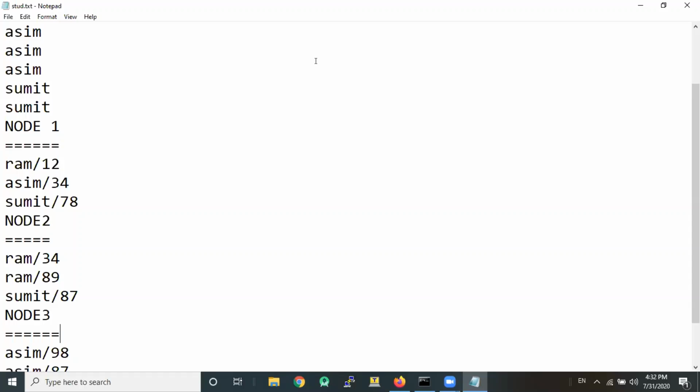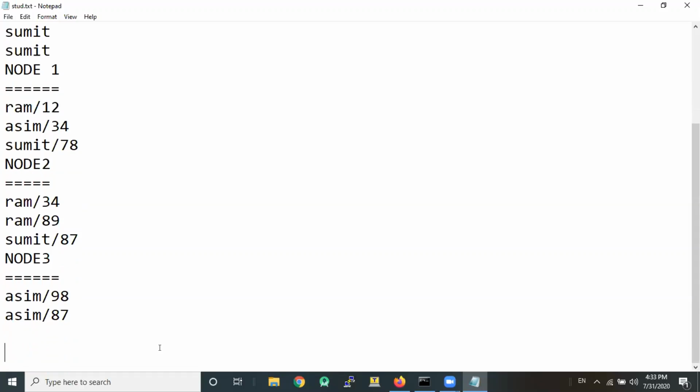Now we come to the second class of operations. We come to aggregations. Like for example, let's say we want the totals of Ram, Oshim and Sumit. Since we want the totals, we are doing a sum. So the result depends on multiple rows in multiple computers. Since it depends on multiple rows, can we do the processing distributed into node 1, node 2, node 3, and node 4? That is the question which Reduce attempts to solve.